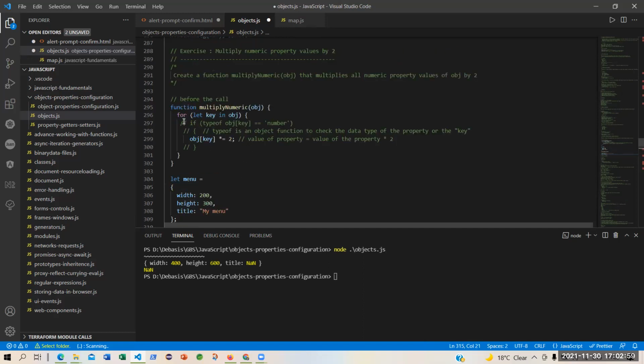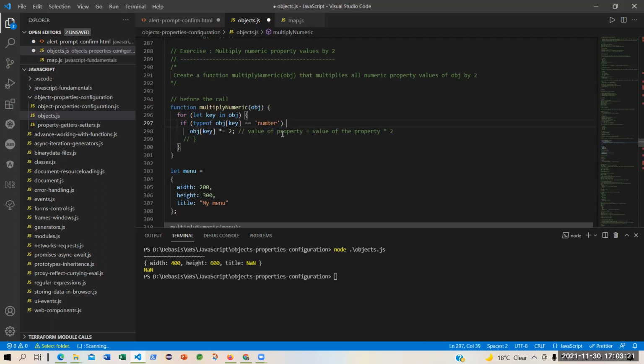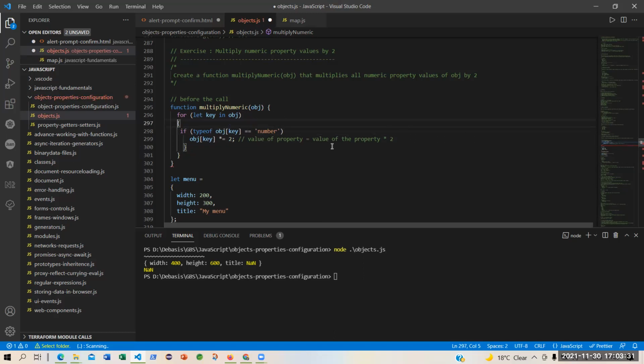So I will go with the if condition, and I will check once. This is just for your explanation. I can remove that, and then I will remove this one as well. And I will also print this.